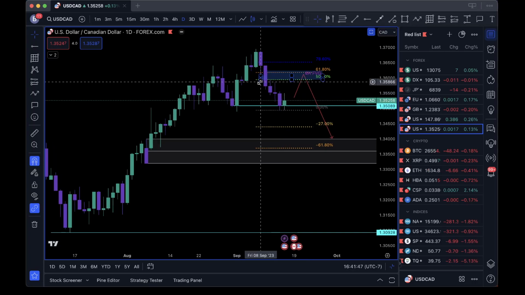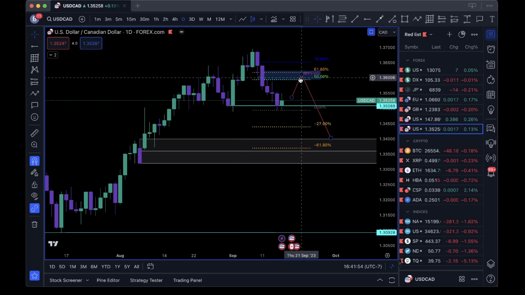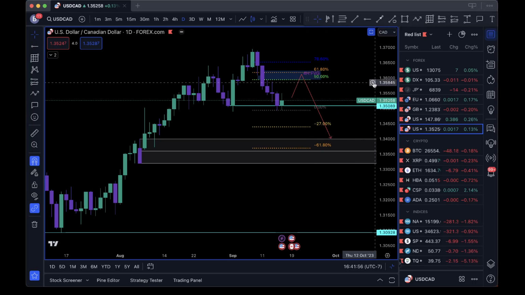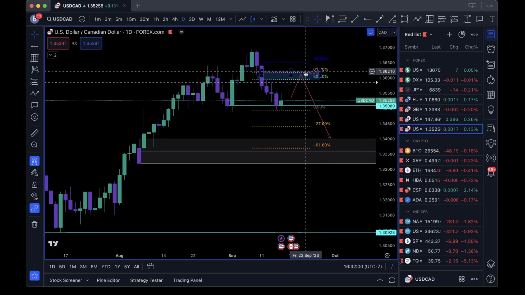You know what I also like about this? We have this breaker right here, so there's a lot of confluence in this area. I'd be looking at price. I'm going to set an alert. I'd be watching price in this area. If we start seeing price turn around, like on a 30-minute chart, we see price create a pivot point and then confirm with that 4th candle.